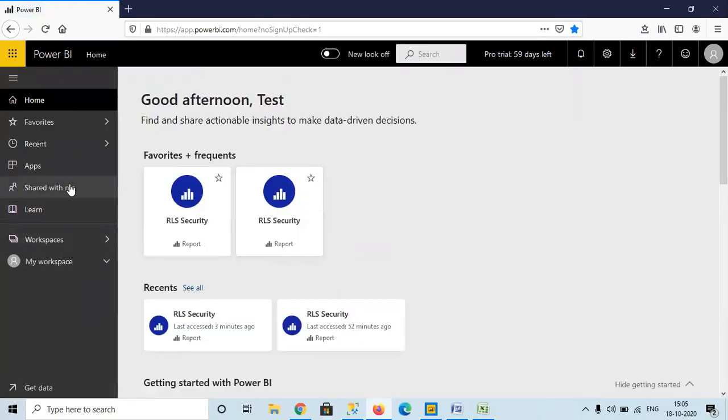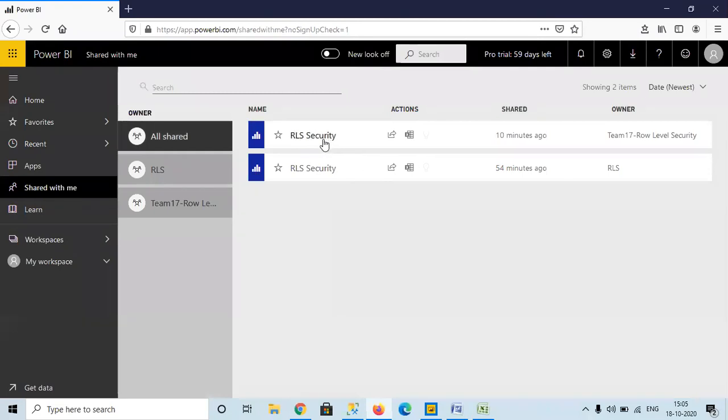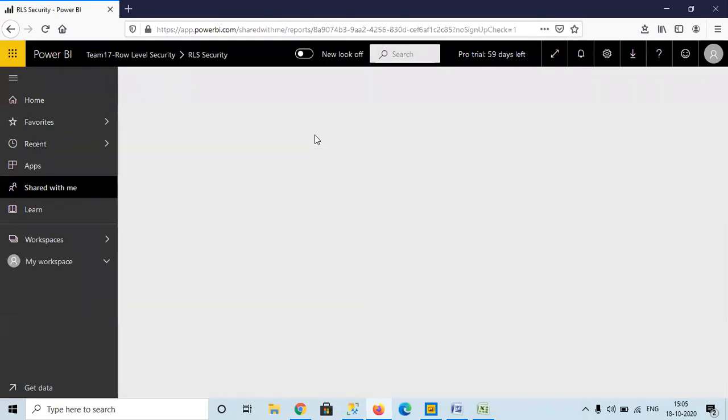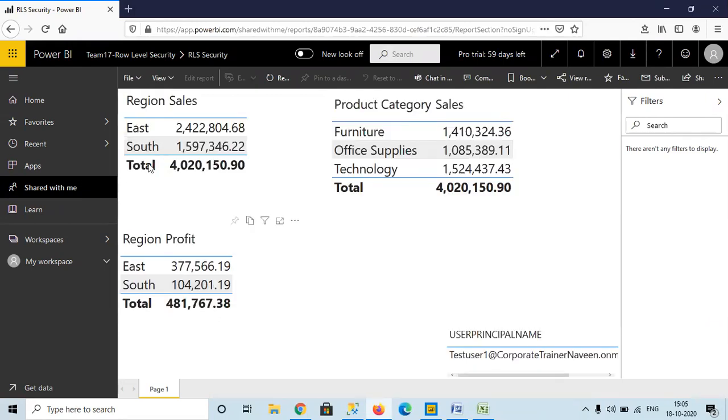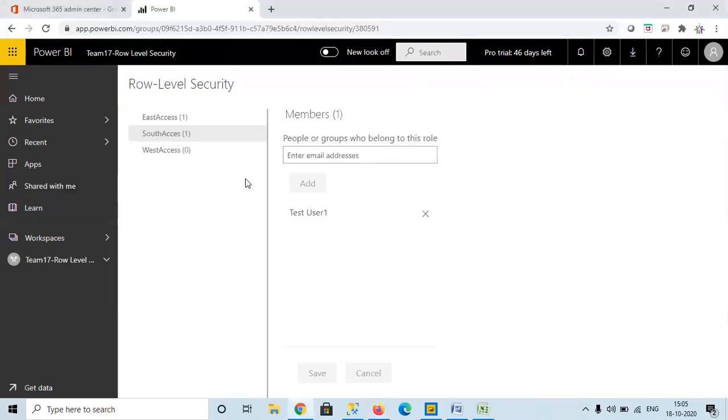Now you can see the dashboard that has been shared, so I could see that. Also here in the report, what data am I seeing? East and south, because as admin I have given him access to east and south, not the west.